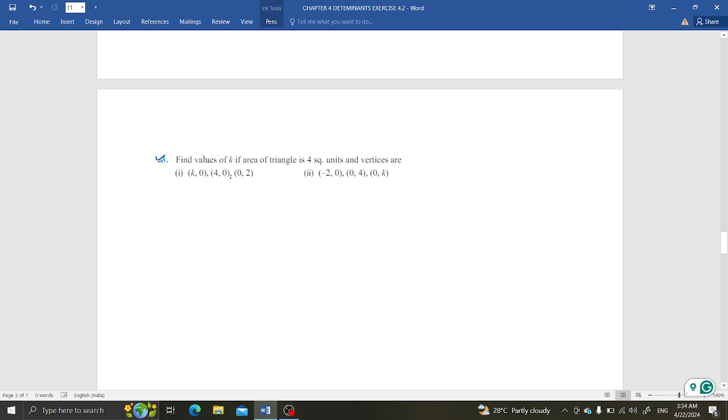First question I will do, second question you do as usual. First of all, I will assume let point A be k comma 0, point B be 4 comma 0, and point C be 0 comma 2. It is given that the area of the triangle ABC is 4 square unit. To find the value of k, what we need to do: 1 by 2 we have